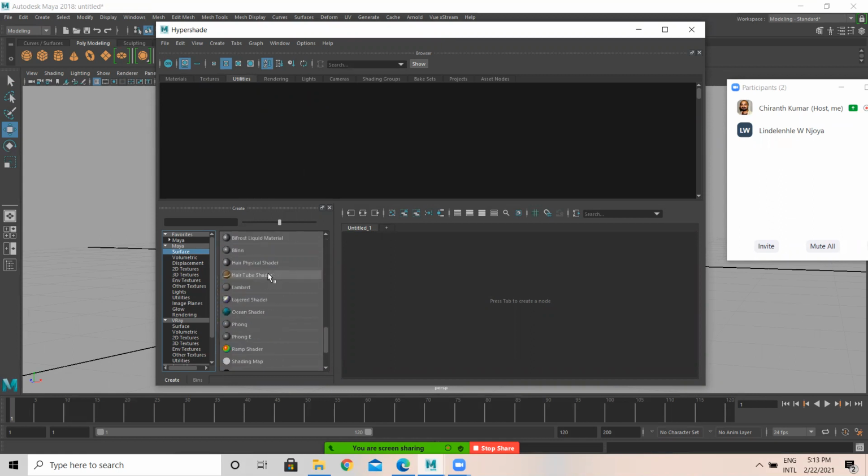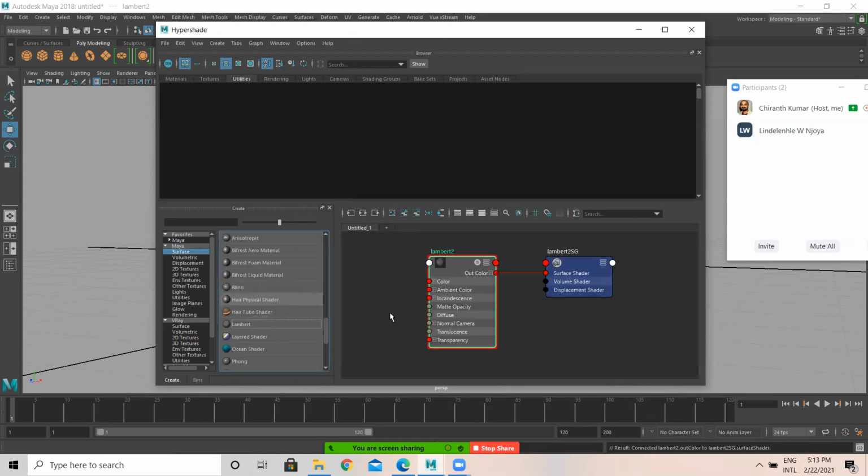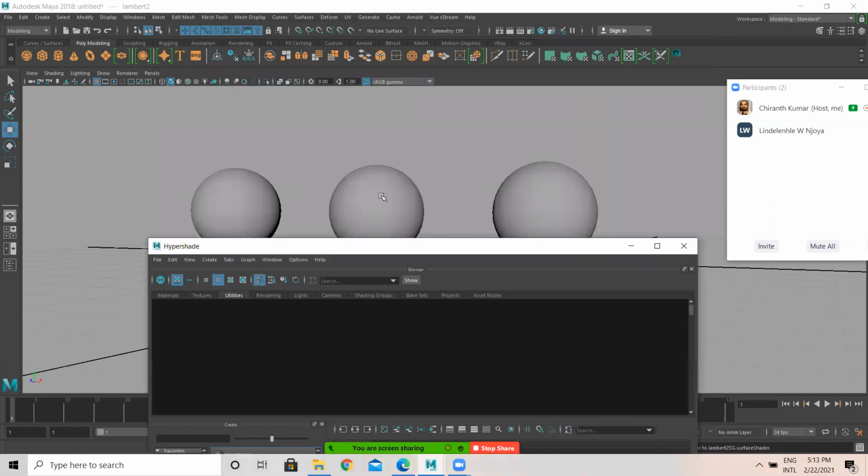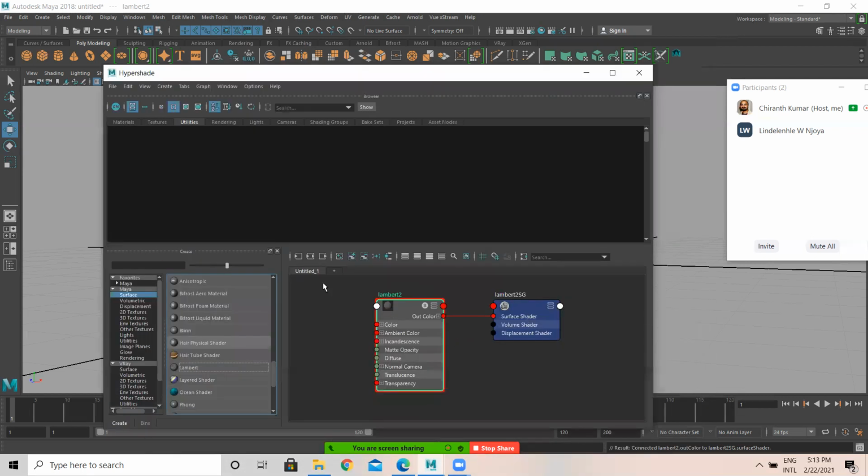For example, from Maya surface, I just come down here. There's something called Lambert. By default, you are able to see this sphere in this particular color and property. That's because of Lambert only.